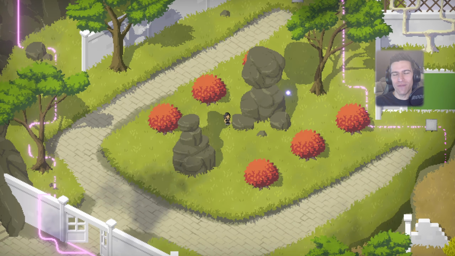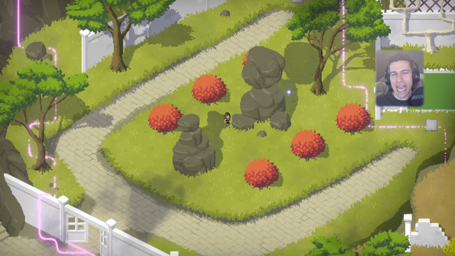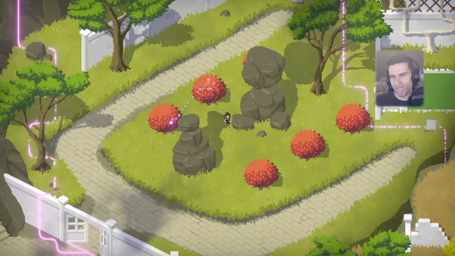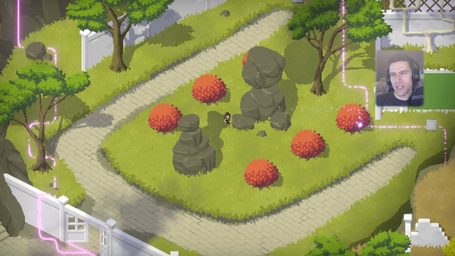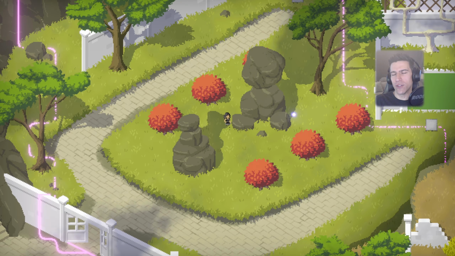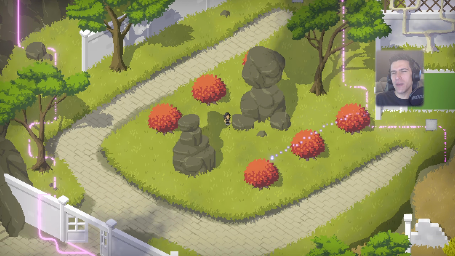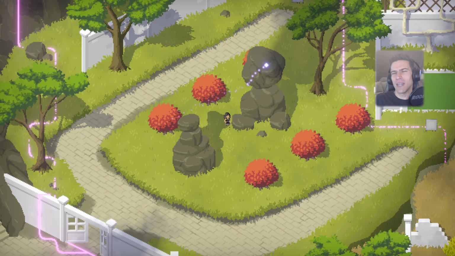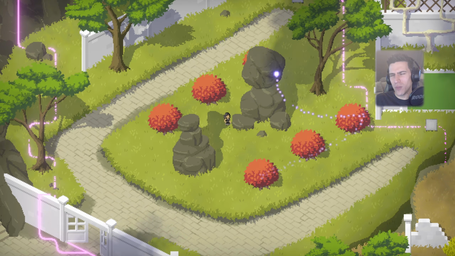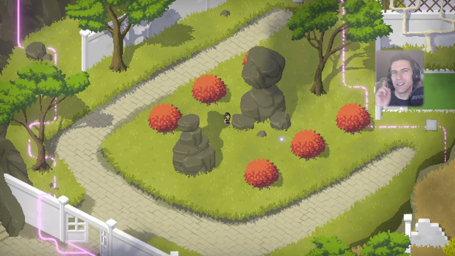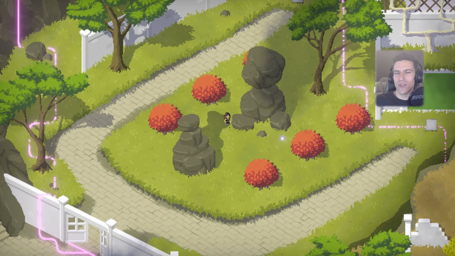So, just for the record, I had noticed these dots. I was thinking of them, these little orange bushes, as shrine dots. I was thinking, man, these line up in a diagonal like the shrine dots do. Are these supposed to be a part of the environmental puzzle here? I don't think it's the dots, but